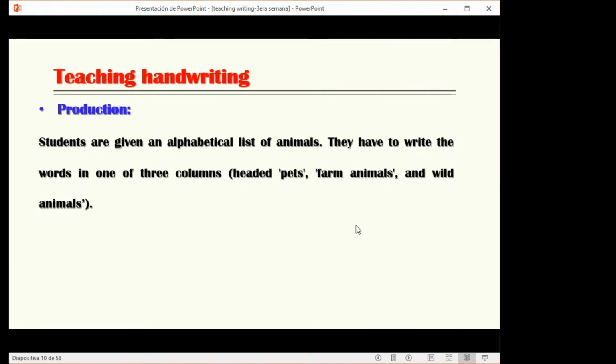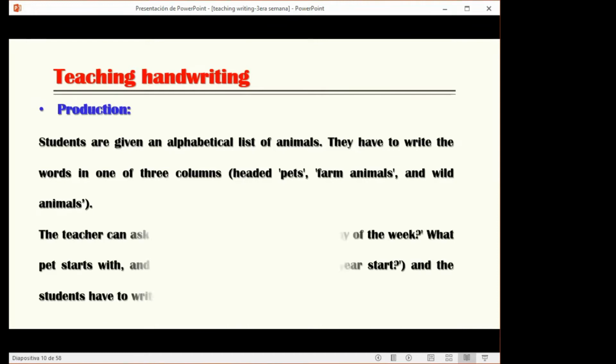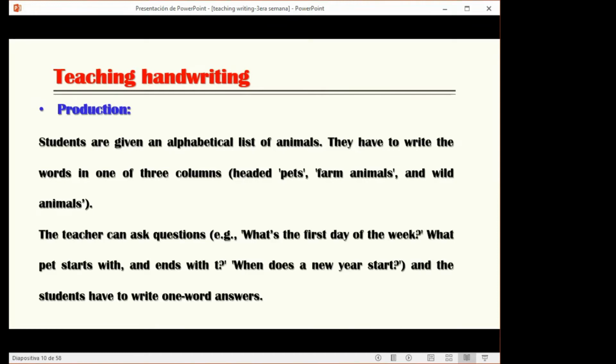Maybe like a contest. The group or the pair of students who finish first will receive a prize. So you have the opportunity to make a contest or a game. The teacher can ask questions. What's the first date of the week? What pet starts with and ends with t? When does a new year start? And the students have to write one word